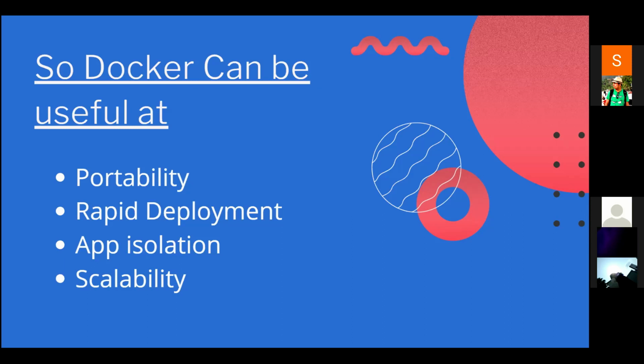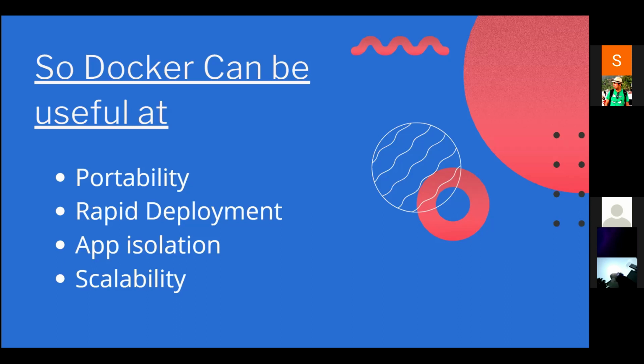It enables rapid deployment as well. Deployment means running an application in production mode, on a server. As a developer, I have developed an application and I have the whole environment in my local environment. Now I want to run it on the server. I just need to go to the server and run that Dockerfile, and it will create the same environment on the server as well.